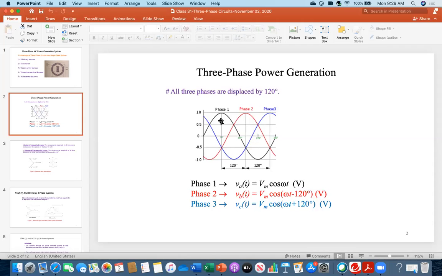So now you see, this thing is called the amplitude or the peak point. If you compare the peak of all three, they are coming 120 degrees apart. You see, from this point to this point, from this point to this point, 120. So from today, everybody, you will keep in mind that in a three-phase system, all three phases are displaced by 120 degrees. Phase-to-phase difference is 120 degrees.